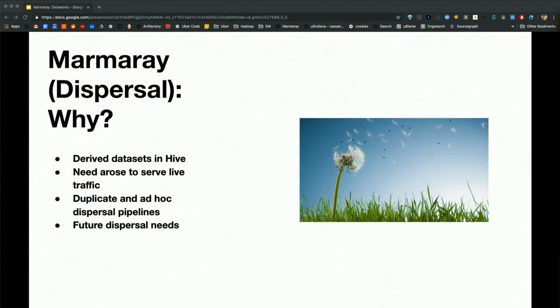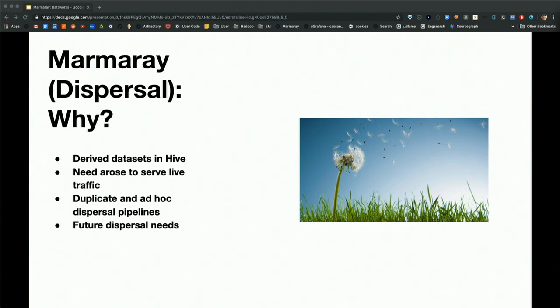In terms of dispersal, if we think about ingestion and dispersal, the use cases are really not that different. It's just, again, moving data from one location to another. We've used ingestion to take data from our raw data stores and ingest it into our Hadoop data lake. Now we want to take the data from our data lake and disperse it over to online data stores, usually with much lower latency semantics.